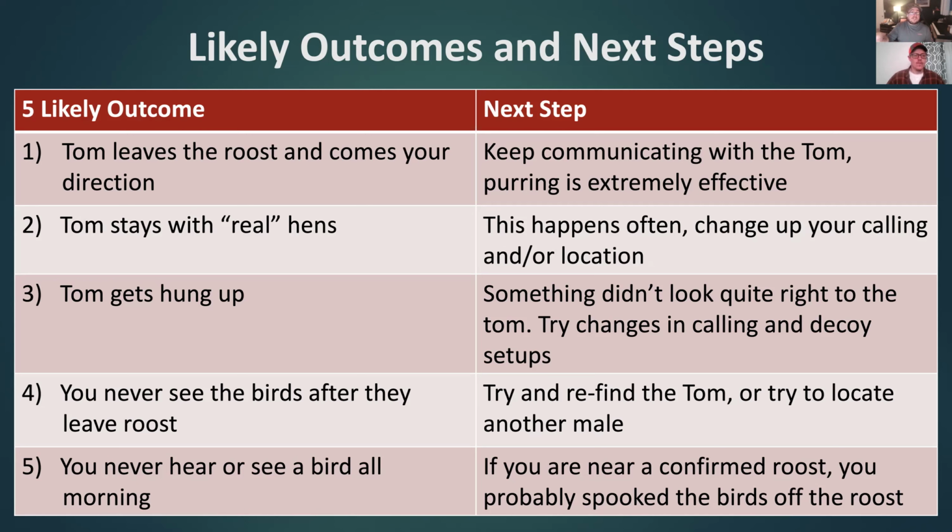She starts yelping, you cut inside of her yelp, and you really just start to tick her off. Eventually, the theory is she thinks, oh, I've got to go run off this other hen who's trying to be the dominant hen in this area, even though I am. And hoping that hen now comes, and guess who's coming right alongside her? Tom. So again, that's kind of the theory. But if you're in a scenario where you have a Tom or Jake and they're with hens, that's the strategy I like to use. Anything to add on that, Curtis?